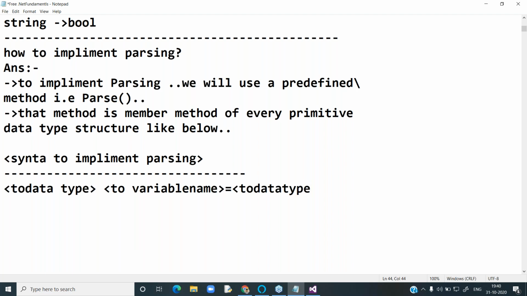Data type means to which data type you want to convert. And the string value is whatever value you are going to convert.